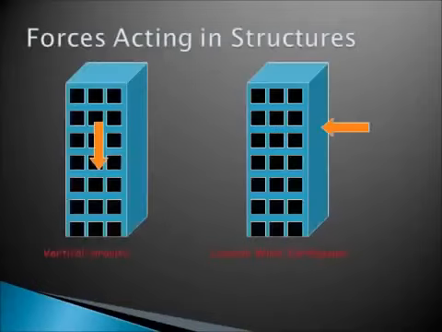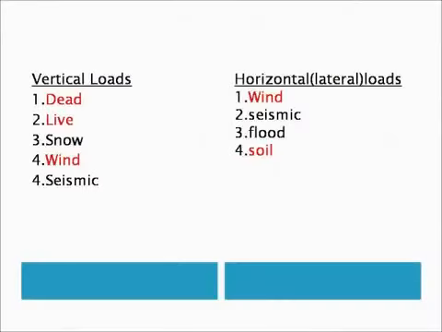Coming to the loadings, we know that loads are the basic criteria which have to be considered while designing the building. So let's look into what loads a building generally bears. Let's divide our total load into 2 parts, vertical and horizontal. Dead, live, snow, wind, seismic come under vertical. Wind, seismic, flood, soil are horizontal loads. We can see that wind and seismic act as both vertical and horizontal load. Red color indicates the type of loads we consider in designing this building. Details regarding each and every load are explained in the coming slides.